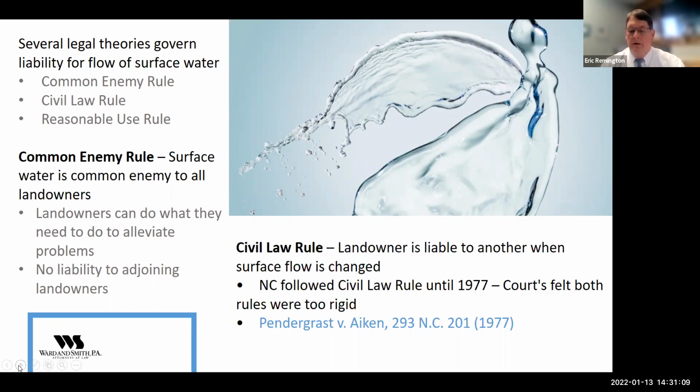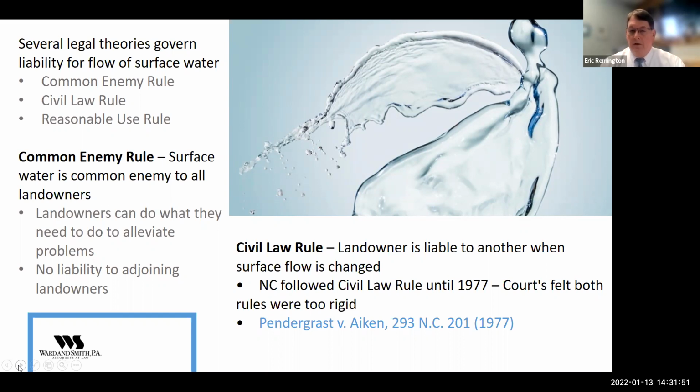So those communities that adopt this rule have essentially said, well, we're going to place a higher value on the development and improvement of the property than we are on the problems that might result from that. And that's really based on two concepts that they've adopted that rule on. The first being that there's a necessity of improving the land. And with that comes an understanding that there's going to be some sort of damage that may occur as a result of the grading and changing of the land in order to do the development. And so that's kind of accepted as part of that rule.